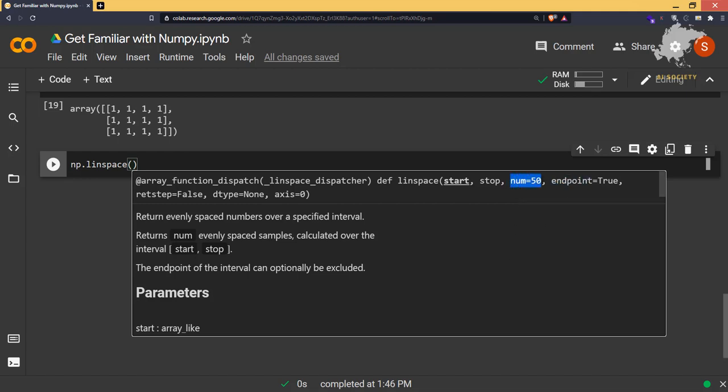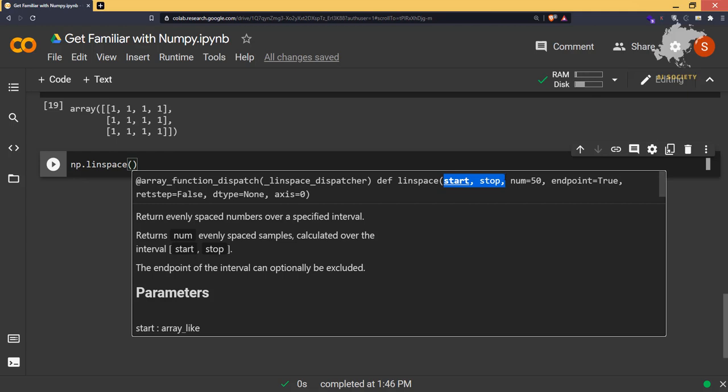What this number represents is that, whatever the start and stop you're giving, it is going to give you this number of elements between this interval, which is evenly spaced. That means the difference between two numbers will be exactly the same as the difference between the other two numbers.